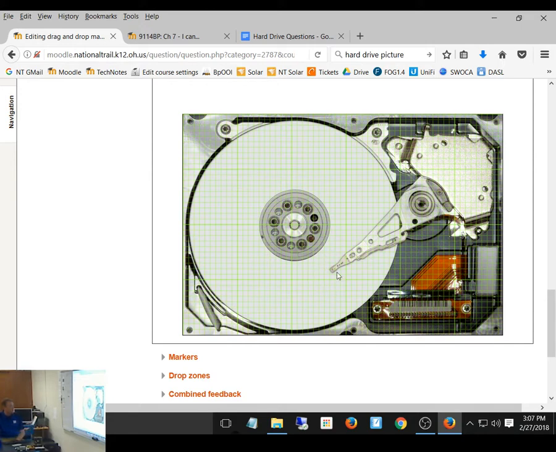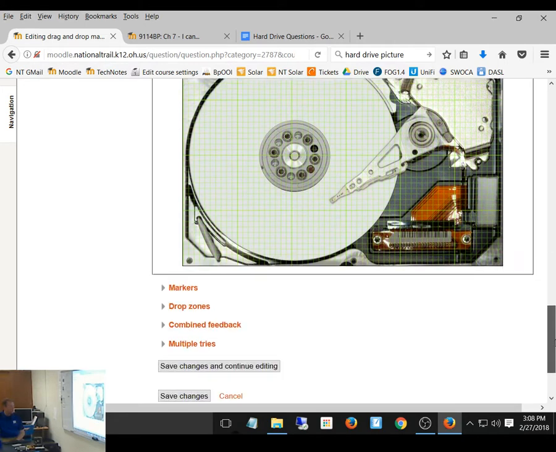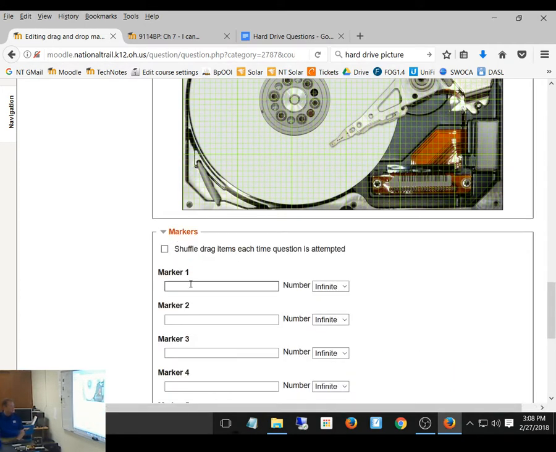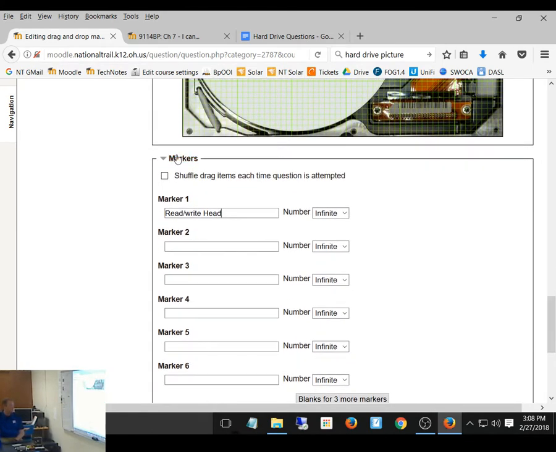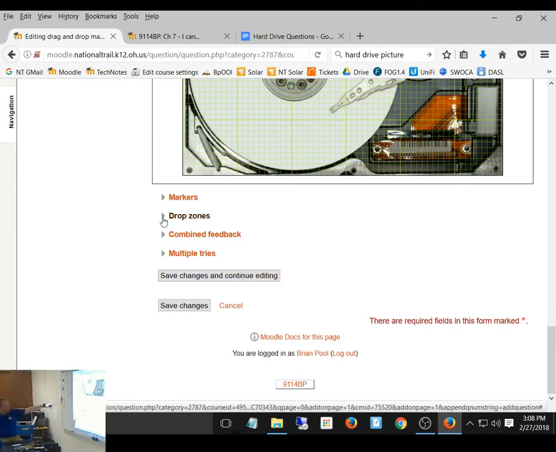As we go, the first marker that I'm going to do is the actuator head. So that's 275 by 285, just to give me a spot. So the first marker that I'm going to have is read. Now the coordinates, once you actually put those in, you can change them and move them around until you get to where you like them. And you almost have to. So I'm going to do that, and I'm going to shrink it back down, and I'm going to open up